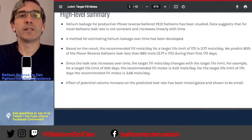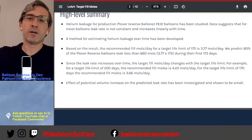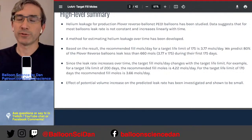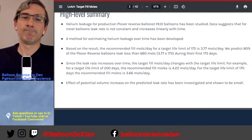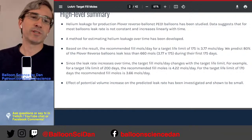And it's tricky to measure leakage over time because your pressure swings up and down every day based on temperature. And so you have to watch it for at least a week, and you have to know the air temperature outside and the gas temperature inside to get